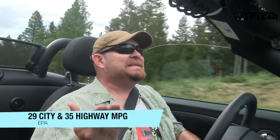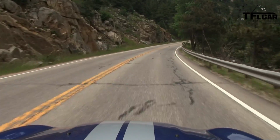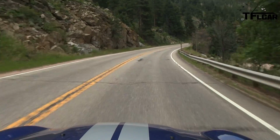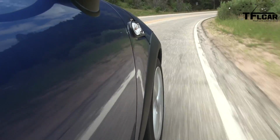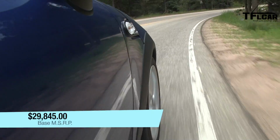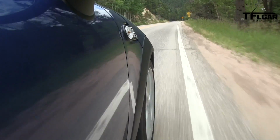A car like this is a lot of fun in mountain bends, corners, back roads, you name it. It's fantastic, and that is one of the reasons to buy it. But you see, people buy this car also to drive every day, and that's where there's an issue. There's a disparity between being able to drive this car every day and having fun with this car every day. There are better cars out there for that. And for over $30,000, which is about what this thing runs, actually around 32 as equipped, I have to wonder